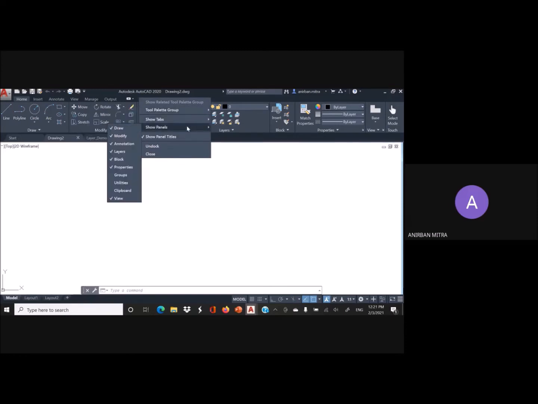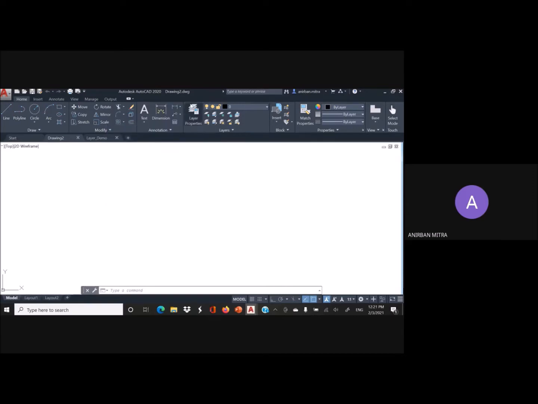If the layers panel is not showing, then what you will find is that beside Layers, the tick would be absent. So just click here, and the layers panel will appear under the Home tab.